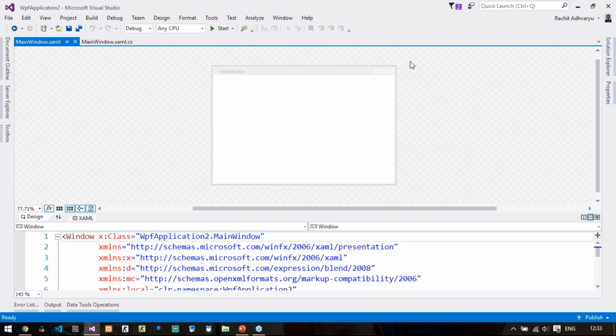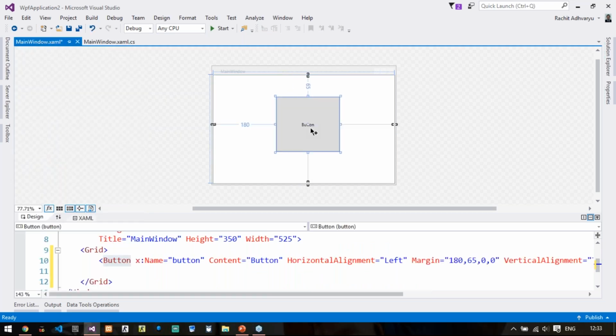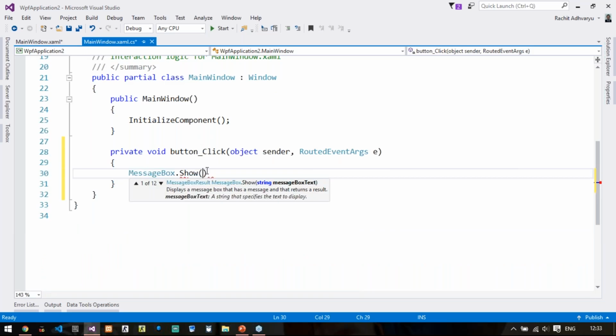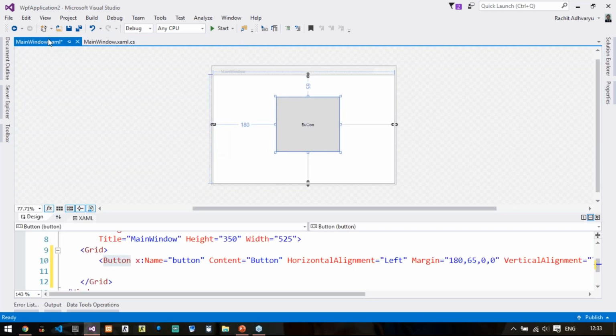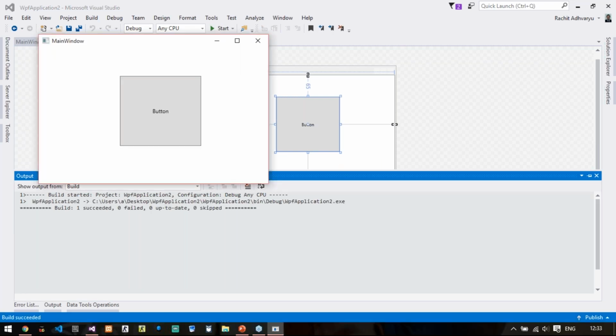So we have got the main window. I am taking one button here, stretching it to my requirement, double click on it, get its event generated, MessageBox.Show "hello WPF". Save it. Let us execute this. If I click on this, you are getting the message. So the coding is same as your Windows form, only the design layout is changing. Right guys? So any questions with this now?